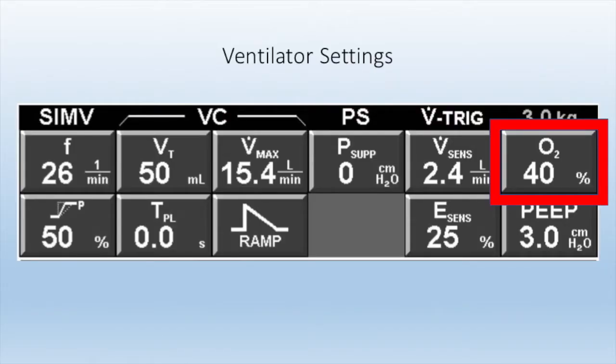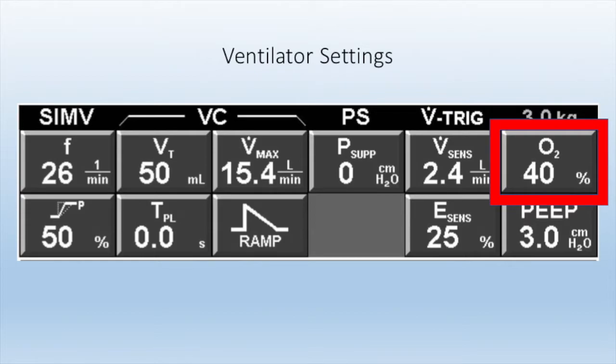Henry's law states that as we increase the concentration of a gas above a liquid, the amount of that gas that is dissolved in the liquid increases. Simply put, that means that if I want to increase the amount of oxygen in the blood, I need to put more oxygen in the lungs. In the emergent setting, we typically start patients off at 100% or an FiO2 of 1.0, and then we wean them from there, if and when appropriate. If you have a patient who's hypoxemic and they are not at 100% oxygen, this should typically be the first